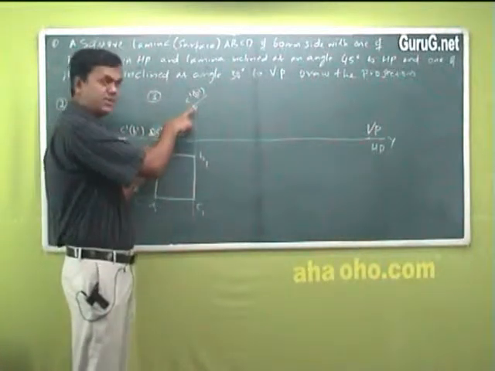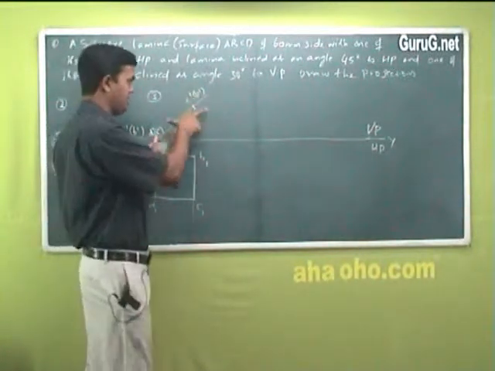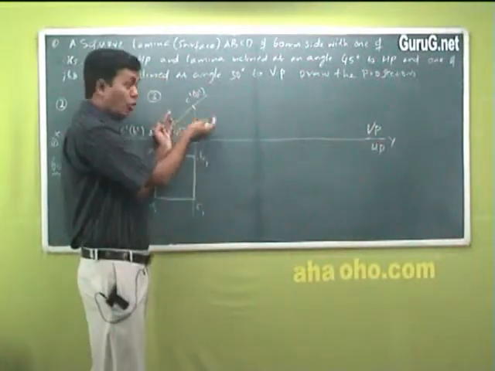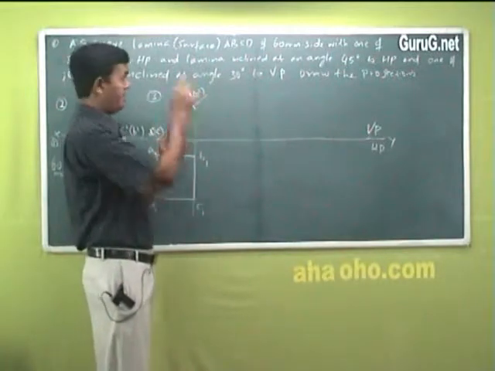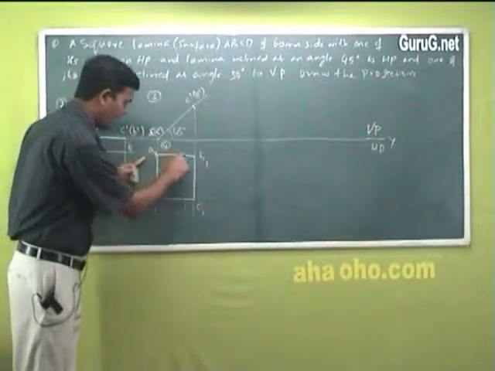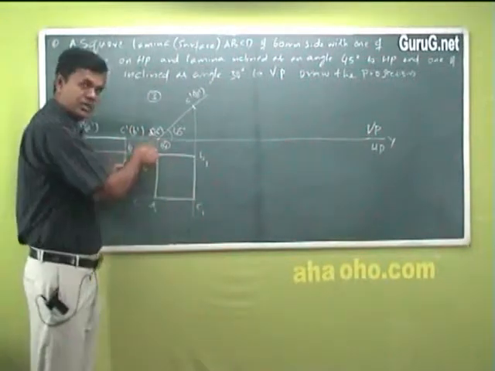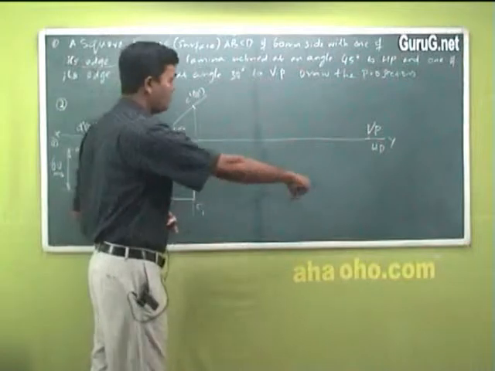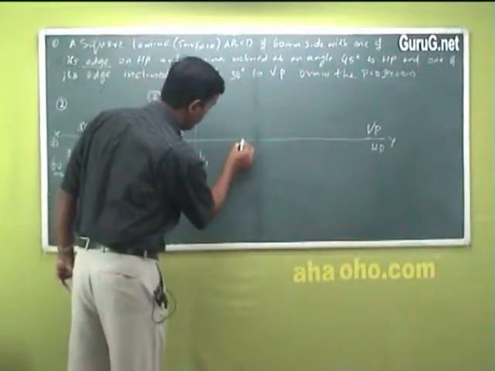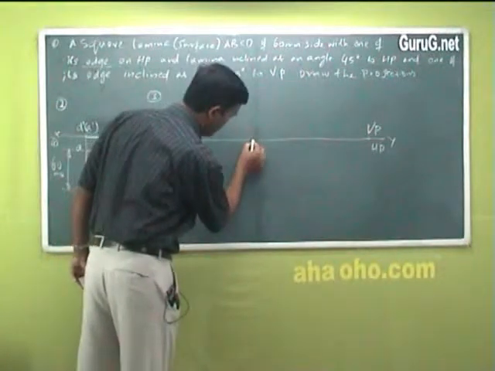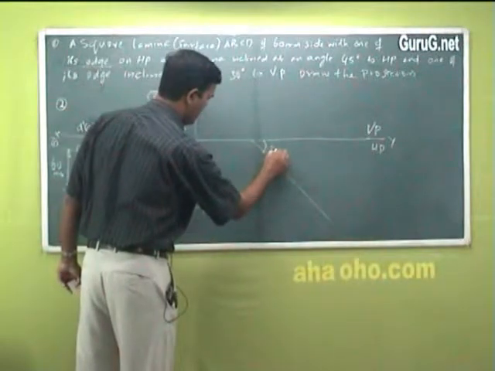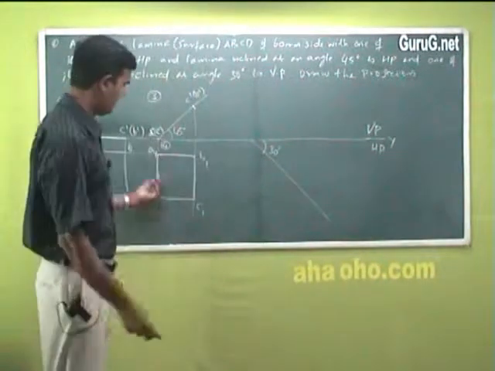Now, if I shift this one for 30 degree, for example, if I want to shift this line for 30 degree, is it possible? This means the whole lamina I am shifting to 30 degree. But the condition says there is only one edge. So what is the priority here? I have one edge, two edge, three and fourth edge. Any one of these edges I can shift to 30 degree to VP. That is the idea. So what I do, I can simply take one line which is for 30 degree. I can say this is 30 degree angle. Is it clear? Just shift this.